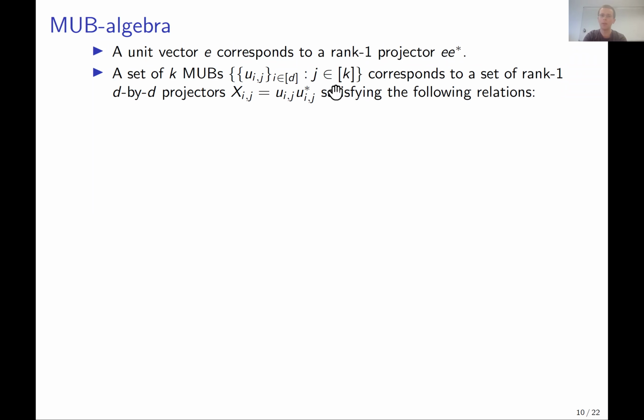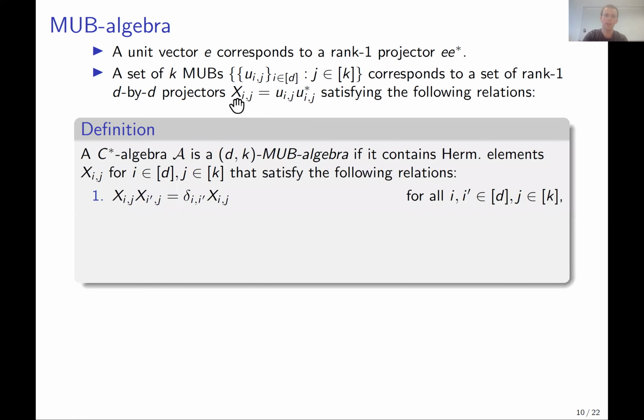Then you would build for each unit vector the associated rank 1 projector. And this gives you a set of projectors x_ij. They're d by d projectors, where i runs in d and j in k. So I'll always use the first index to denote the basis element and the second one to denote the basis. And then you just look at what relations are satisfied by these projectors. Okay, and then we write them down, and this is what we'll use to define a C-star algebra, the